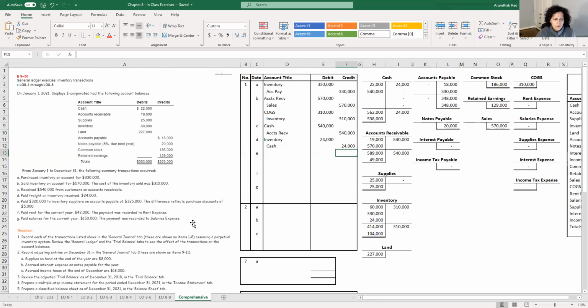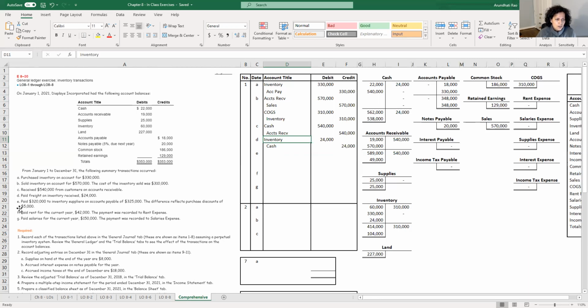So in the perpetual inventory system, every time we have a transaction that affects inventory, the inventory account is going to be debited or credited. In this case, I didn't get more in physical quantity. What's happened is my inventory is more expensive because I paid freight. I paid to bring the inventory to my store.